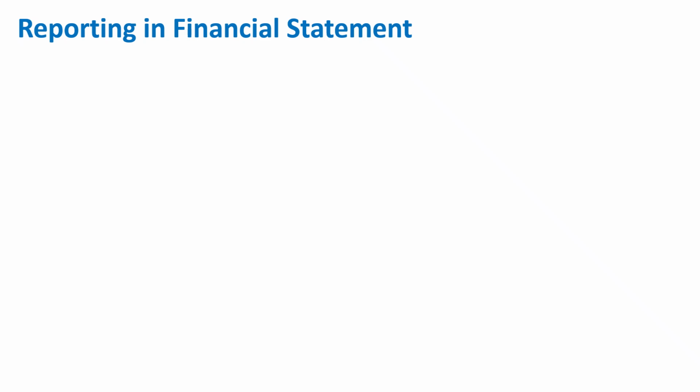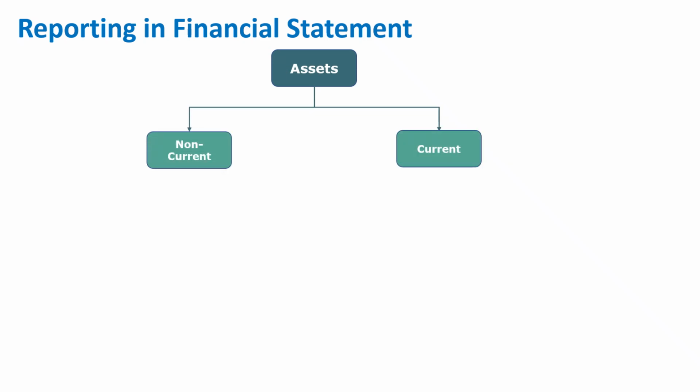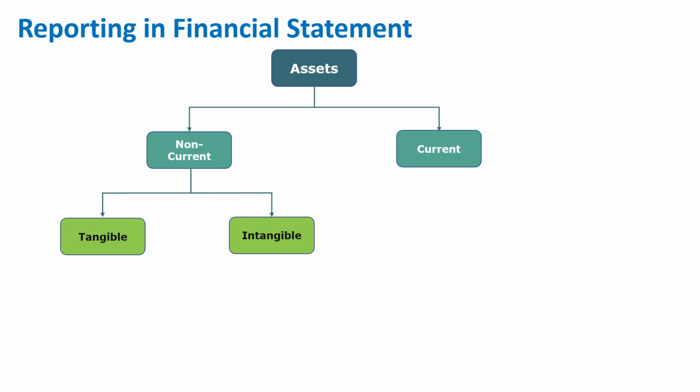Now let's understand how these current and non-current assets are reported in the financial statement. So under assets, you have two categories. One is non-current and one is current. Under non-current, there are two types of assets reported. One is tangible and another is intangible. Tangibles are the assets which you can touch and see, whereas intangible, you can't touch nor see those